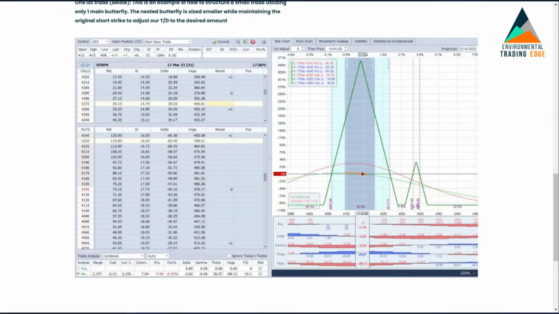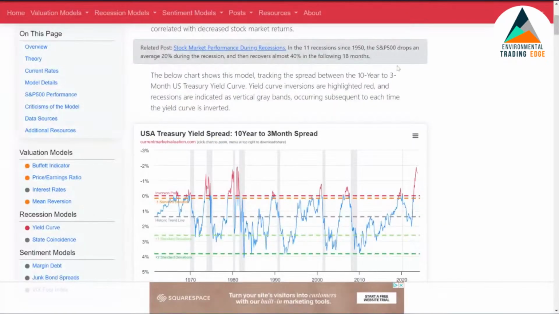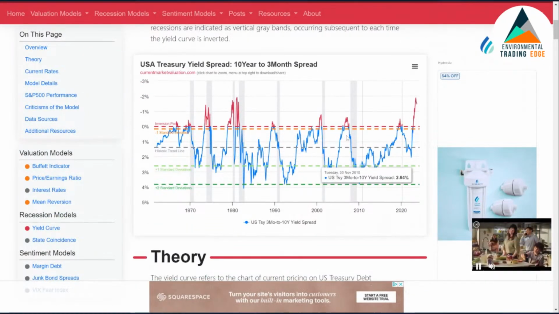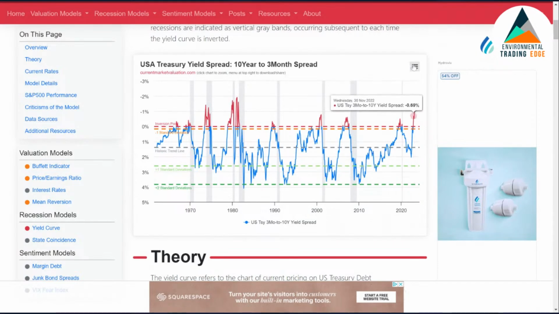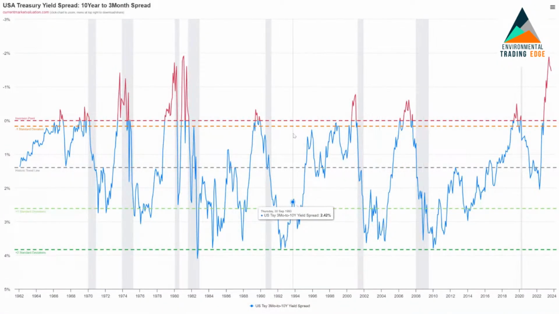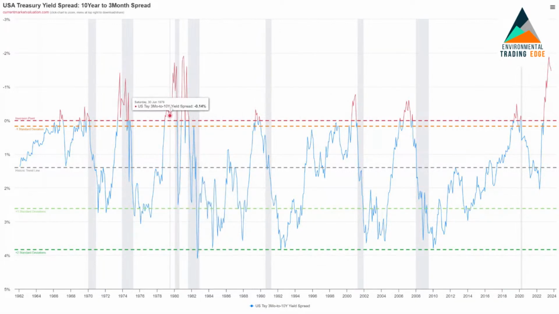So let's talk about the yield curve. Why does it take so long for a recession to happen? So let's talk about that. So the yield curve, and we're just going to pull this up here. The yield curve, view on full screen. So the yield curve down here is